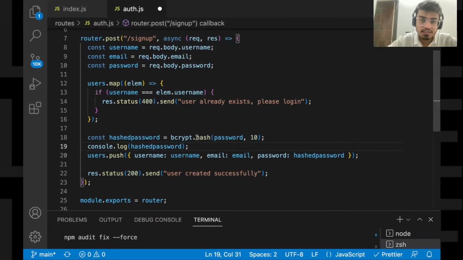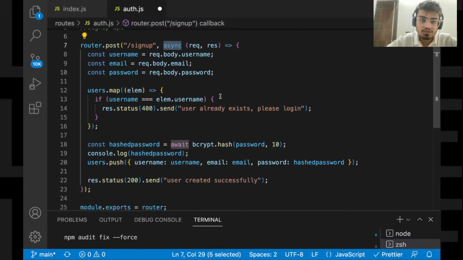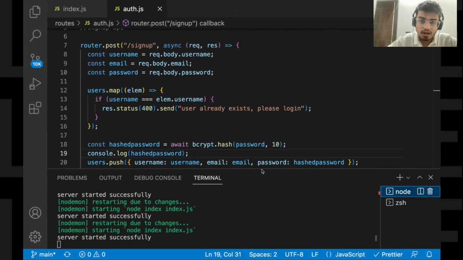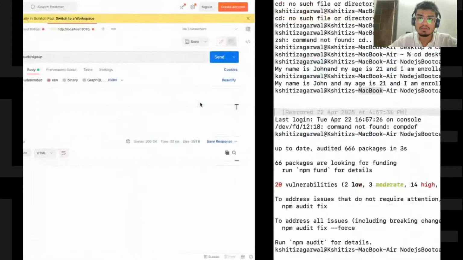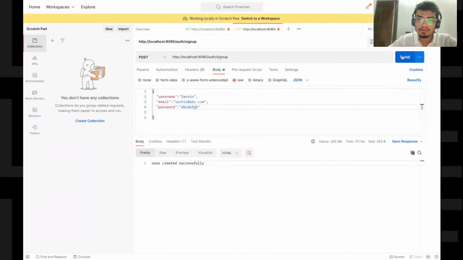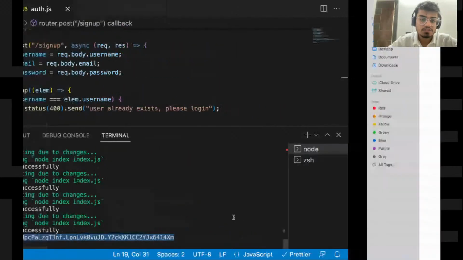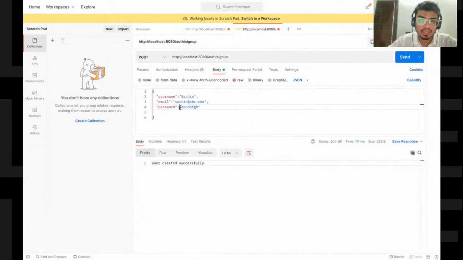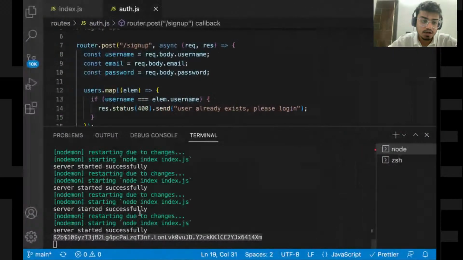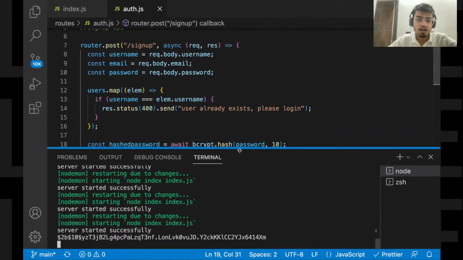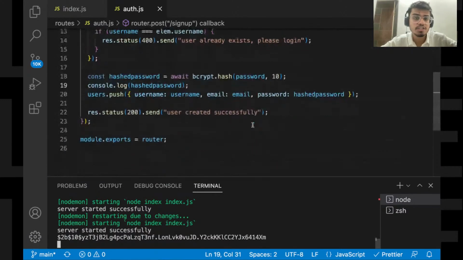Also, since this is an asynchronous operation, you need to use await over here. Our function is already async, so we can use await. And now we'll be able to see the hashed password. So let's quickly go back over here and send the request to see if it's hashing or not. Okay, you see this is the hashed password now. The password which you sent from here was abcdefgh, but it has hashed it now, and this will be